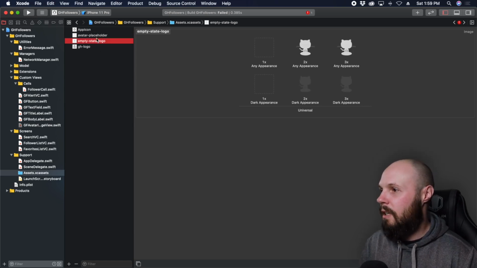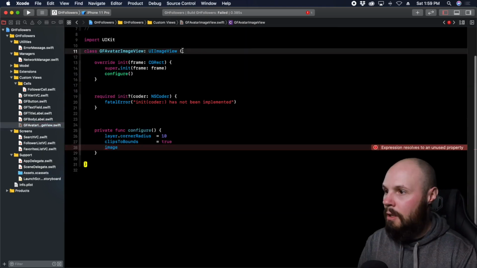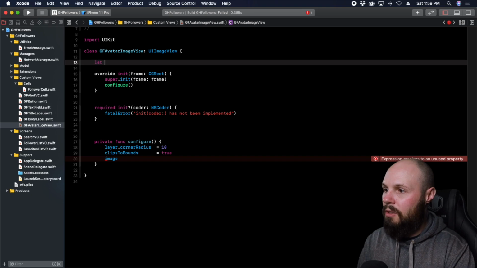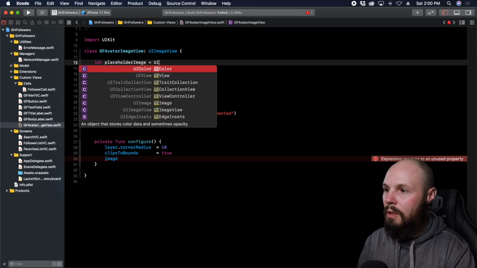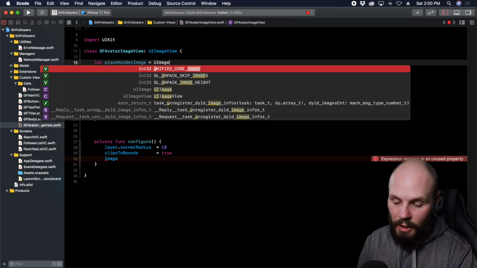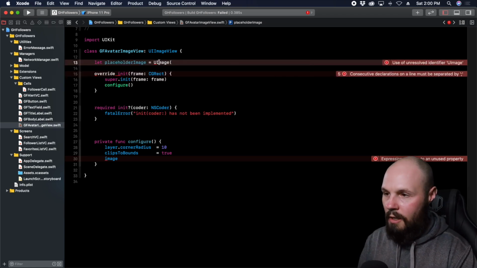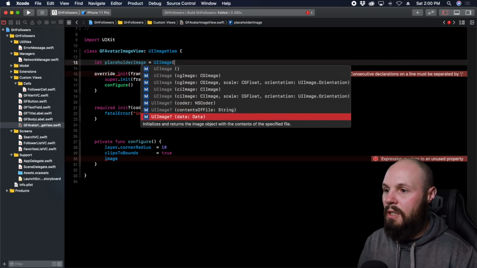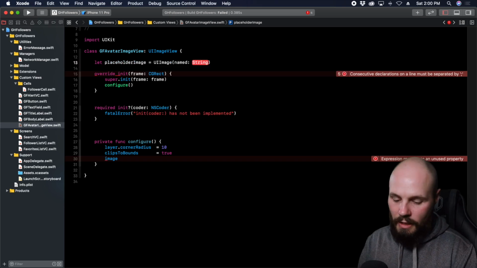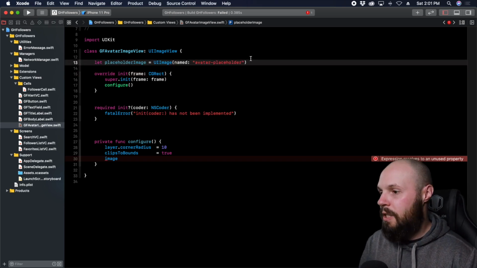I just copied that because we're going to use it by creating a UI image here. So back to our GF avatar image view, up here, say let placeholderImage equal UIImage, and we're just going to initialize it with a string. I'm forgetting an extra I there, little typo action. UIImage, get the autocomplete. We want to pass in a string. And like I said, I just copied and pasted this from the assets to make sure I don't have a typo. So our image is going to equal